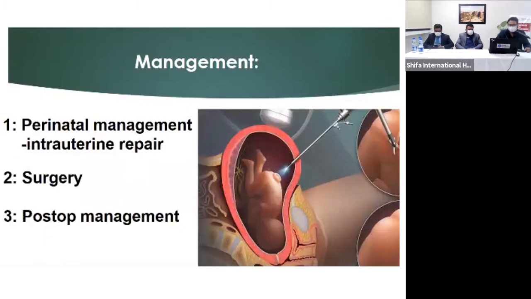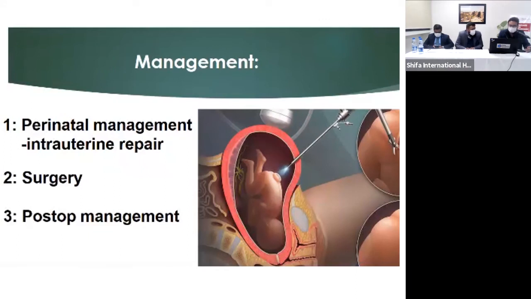Management of the patient with myelomeningocele: prenatal management, including the intrauterine repair. This is a newer technique, but it is still controversial. With this technique, you are going to repair the myelomeningocele intrauterine, prenatally, in the third trimester. What you are going to do is pass the endoscope, and you can repair it easily